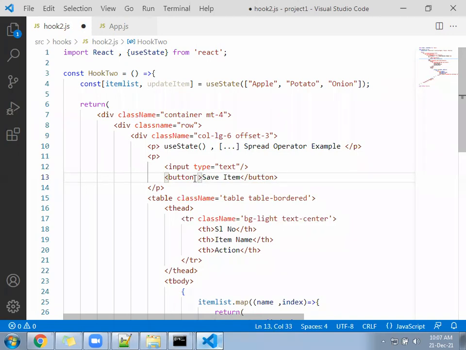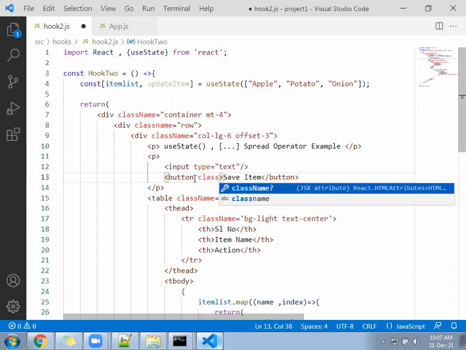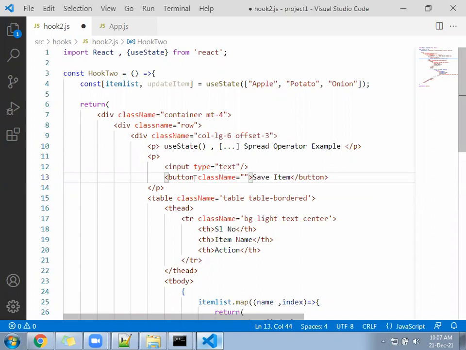Not onClick, className btn-primary, m-3.